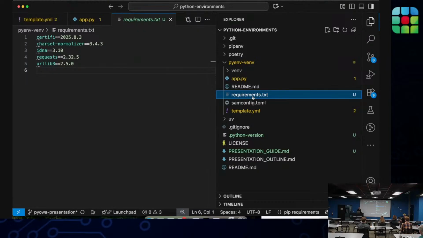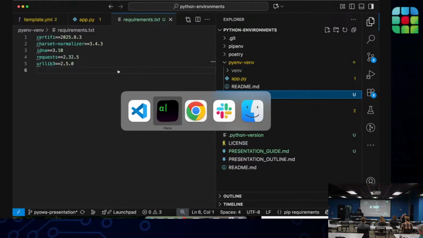I would guess that there are options to point to a different named file, but requirements.txt is the default. And so we can package these requirements into the zip file that becomes what makes the Lambda function actually able to execute. So let's give that a try.